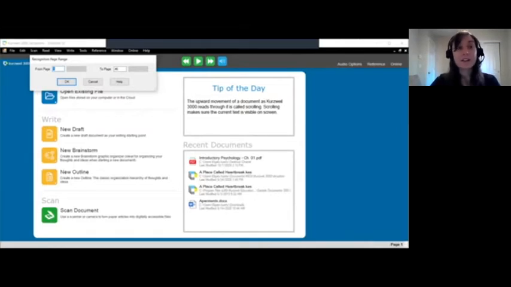So I'll have to select what pages I would like to convert. So for Kurzweil, it does take a little bit to convert each and every page since it has optical character recognition software. So it just takes a minute to convert every single page so that it is then readable. So this document is 46 pages long, so it's a little bit on the longer side.